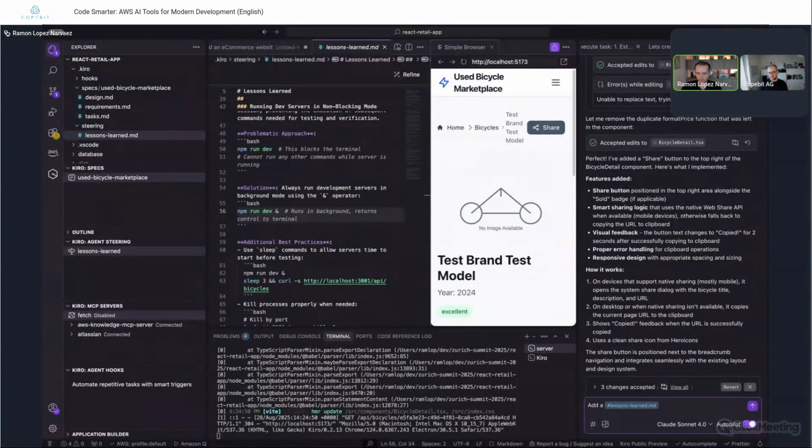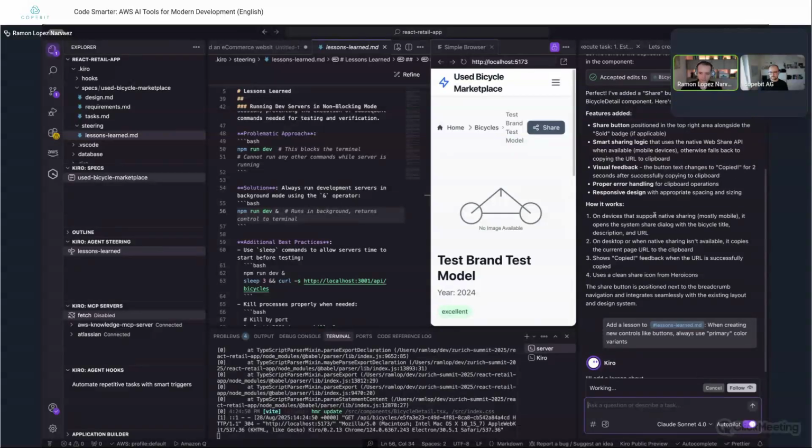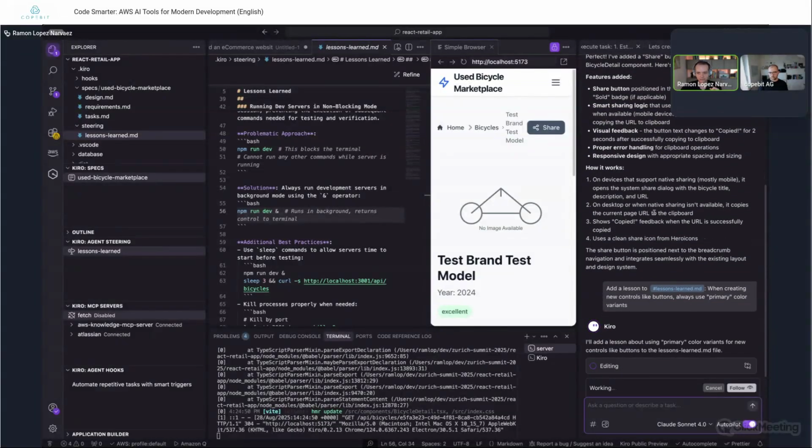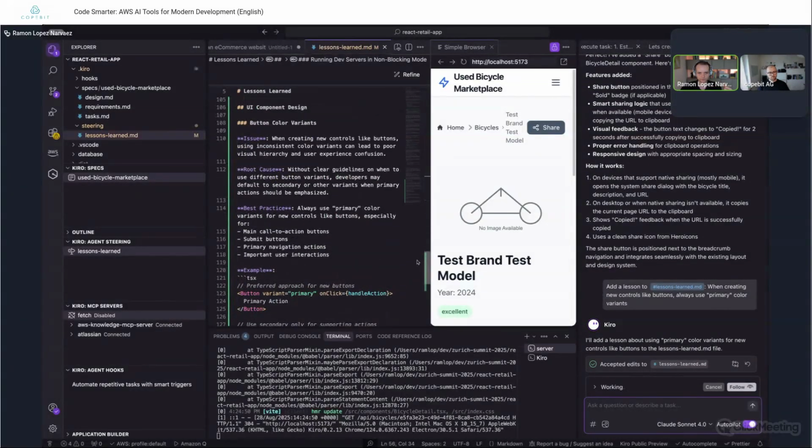Add a lessons learned when creating new controls like buttons, always use primary color variants. And based on the context that Kiro has, from this CSS framework from Tailwind that we're using, it should be able to easily add a meaningful lesson here.